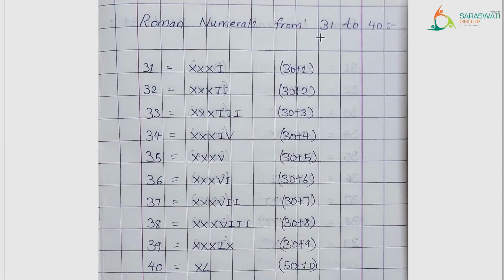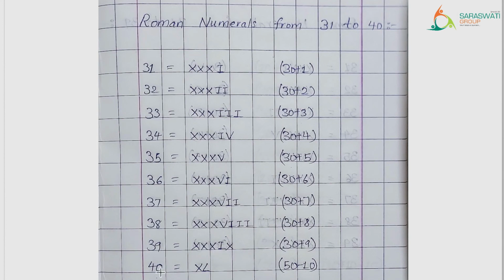Now the Roman numerals for 31 to 40. So 31 is equal to 30 add 1. तो 30 के लिए रोमन न्यूमरल है X repeated 3 times और 1 के लिए है I. So students, over here if you look at the numbers from 31 to 39, उनके लिए जो रोमन न्यूमरल्स है सभी में 1 से लेके जो 9 तक रोमन न्यूमरल्स है, जैसे कि यहाँ पे I है, फिर I repeated 2 times, 9 के लिए I followed by X. उन सभी के आगे we have added the Roman numeral for 30 that is X repeated 3 times. So we can easily remember the Roman numerals for the numbers from 31 to 39.